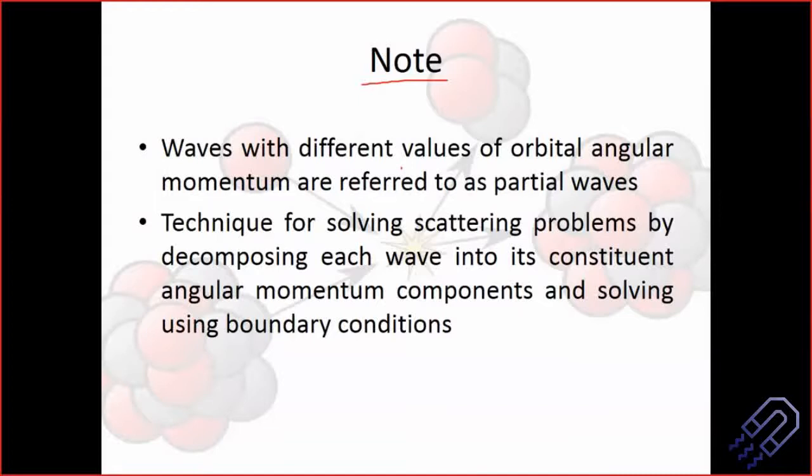Okay, how do we analyze partial waves? So when we basically have waves with different values of orbital angular momentum, so we have got different waves. Okay, wave 1, wave 2, wave 3, because we are considering a bundle of waves coming and getting incident on the nuclei. And then if we consider that particular case, we say that each of these waves will have one orbital angular momentum each, and these are referred to as nothing but the partial waves.